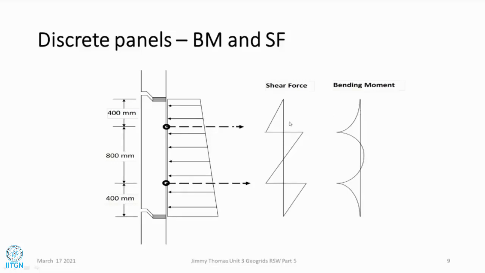So if you do this analysis, we find that normally the bending moments are much less than the cracking moment in the concrete. Normally, for the concrete, we can assume it as either a cracked section or an uncracked section. So when the bending moments are less than the cracking moment of concrete, or the induced tensile stresses are less than the tensile strength of the concrete, it is an uncracked section.